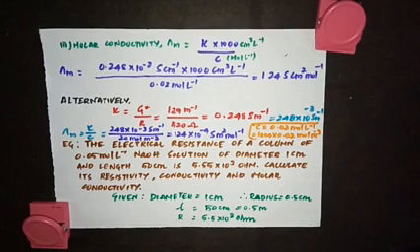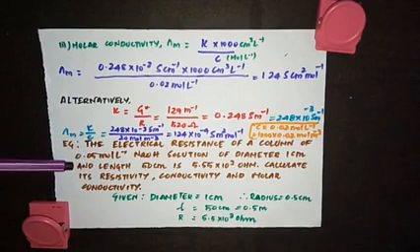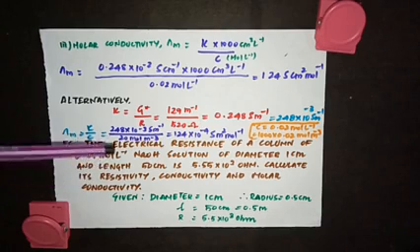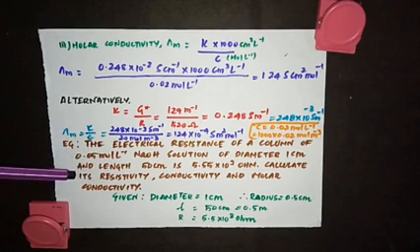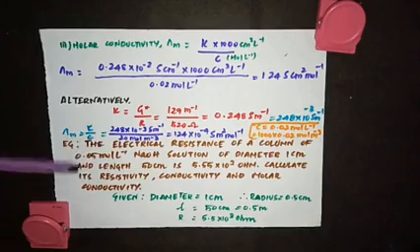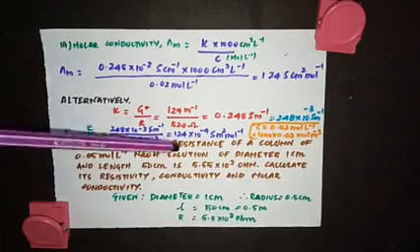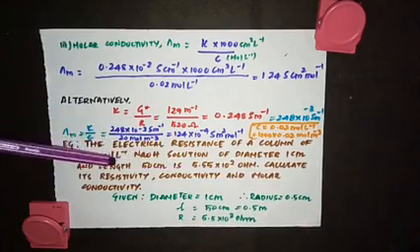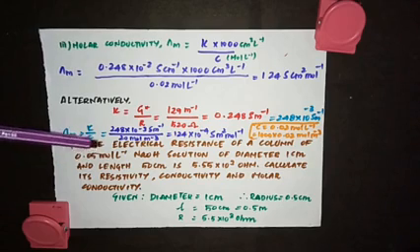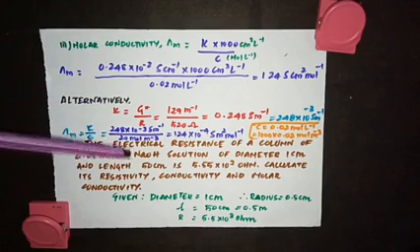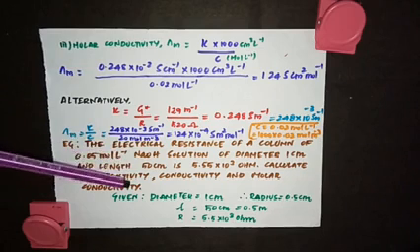So we'll see one more problem. The electrical resistance of a column of 0.05 mole liter inverse NaOH solution of diameter 1 centimeter and length 50 centimeter is 5.55 into 10 to the power 3 ohm. So they have given you the resistance of this concentration of NaOH, 0.05 mole liter inverse, and it is taken in a column, and the length of the column is 50 centimeter and the diameter is 1 centimeter.